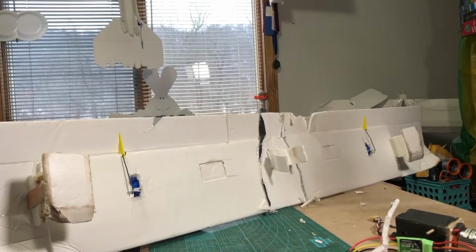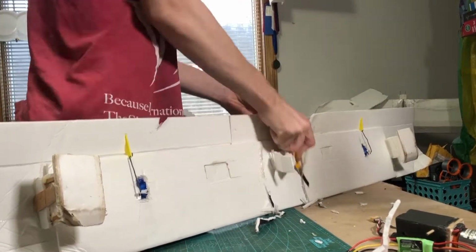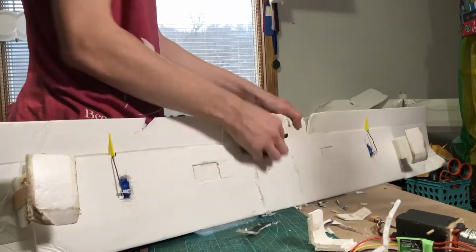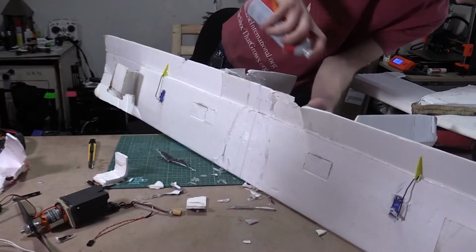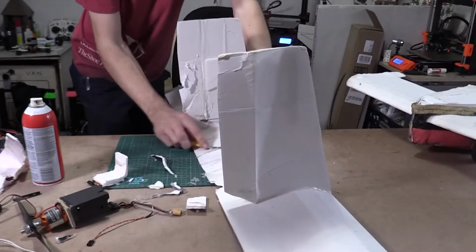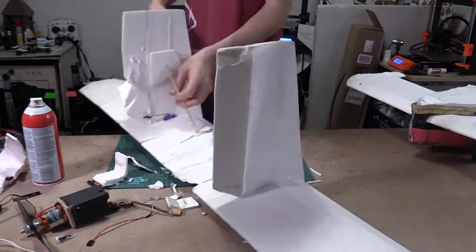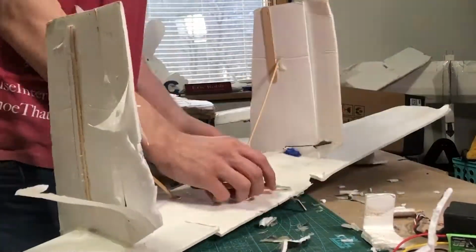So I've attempted multiple times to get this Titanic to fly with no success. So my goal for this plane now is to strip it down so that I can get as much weight off of it as possible. And then I'm going to take two pieces of wood or foam or something like that and connect them together on the two sides. So I'm starting off by removing all the electronics, like the motor, out of the Titanic,